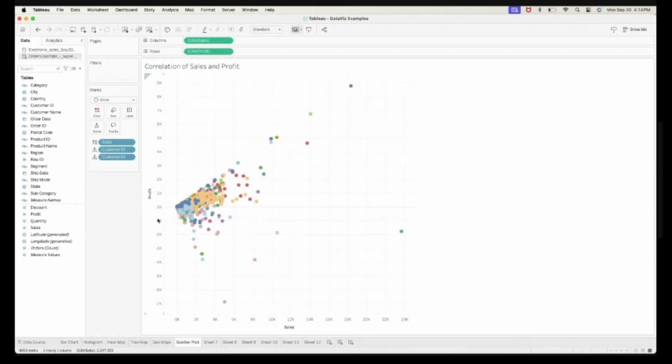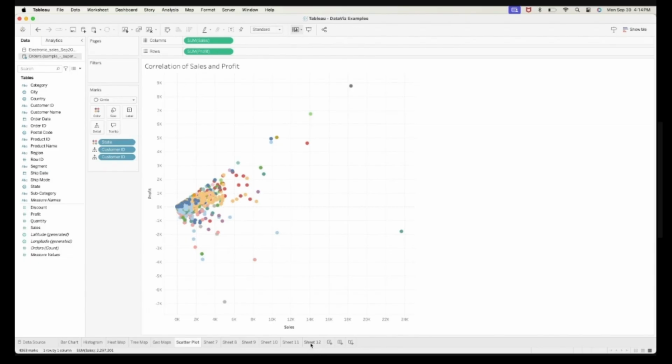So, we have this is the correlation of the sales and profit. So, this is the Superstore dataset, yung pangalawang dataset na ginamit ko. So, two metrics, it's the sales and the profit because we're checking on the relationship between sales and profit. Okay, so let's try to replicate this.